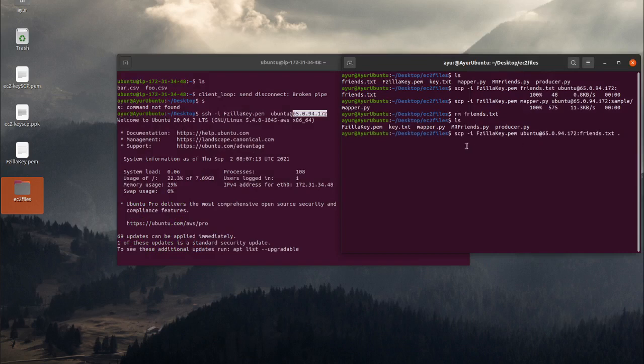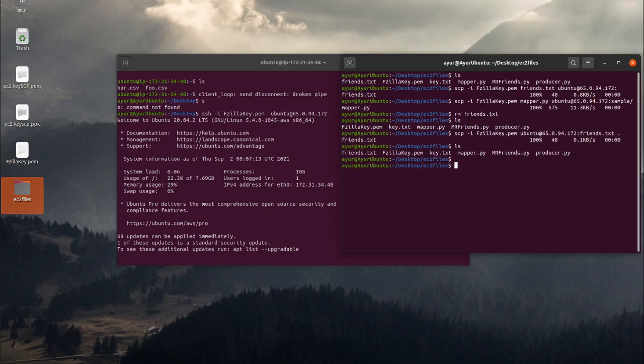So now this is the command for downloading. First is scp, and then we have -i for identity or PEM file, and then we have our EC2 instance public IP, and then the file which you want to download, and we want to download it in our current directory. So that's why we are giving a dot here. And now let's hit enter. So now as you can see, it is downloaded. Let's do ls. So you can see our file is back here.